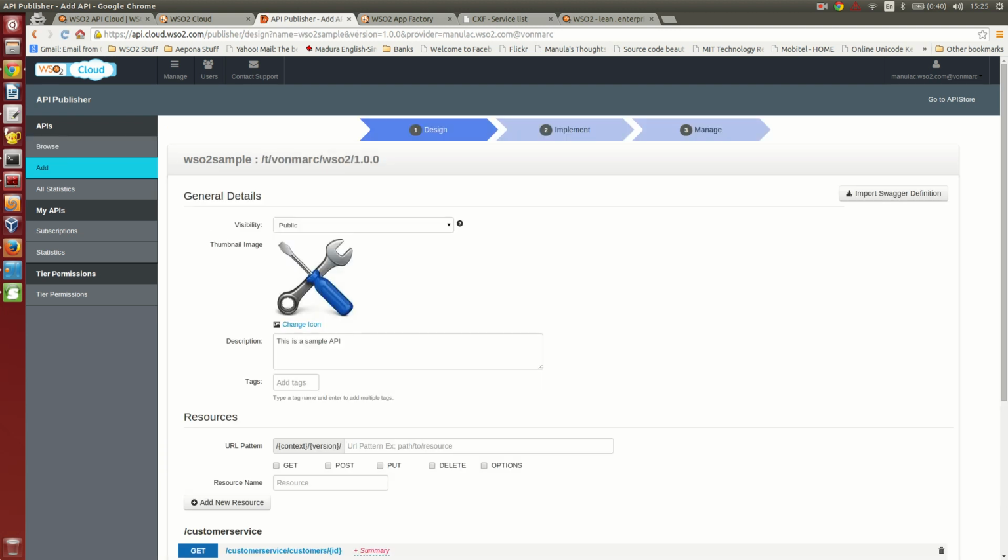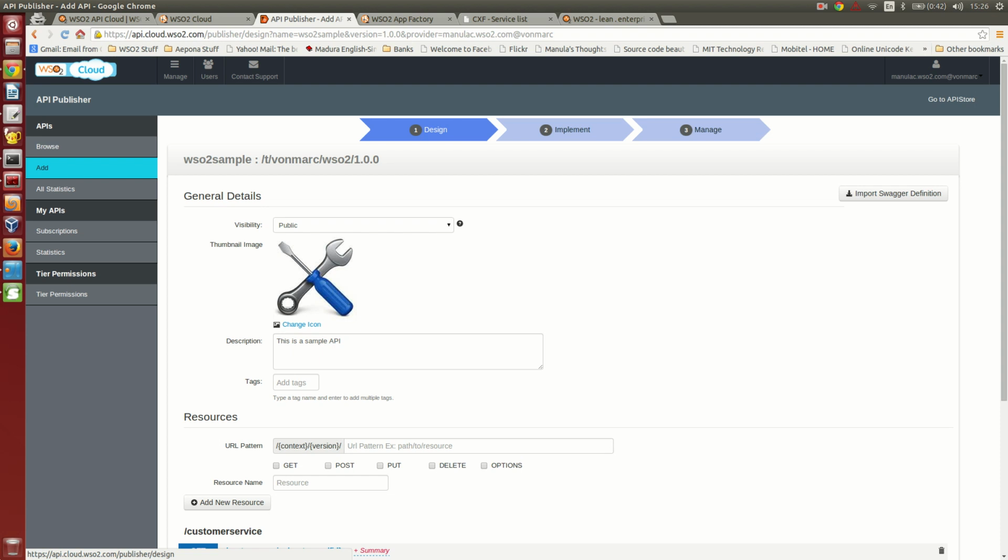So this is the end of this screencast. What I have done from the beginning is I created the account in the WSO2 Cloud, went to the WSO2 API Cloud, and using the add tab created a new API. There are basically three steps.